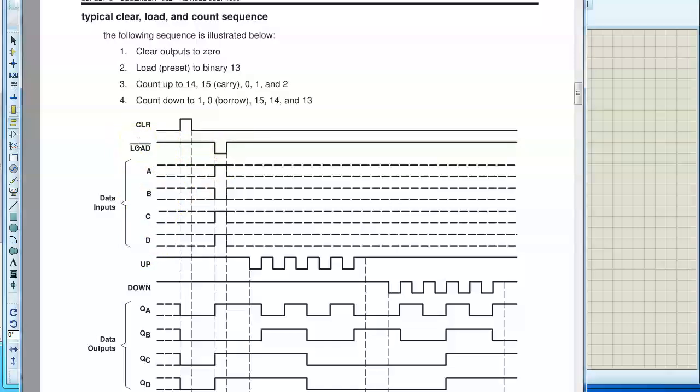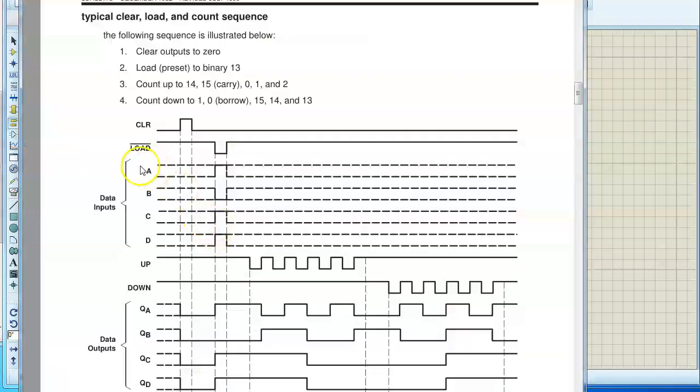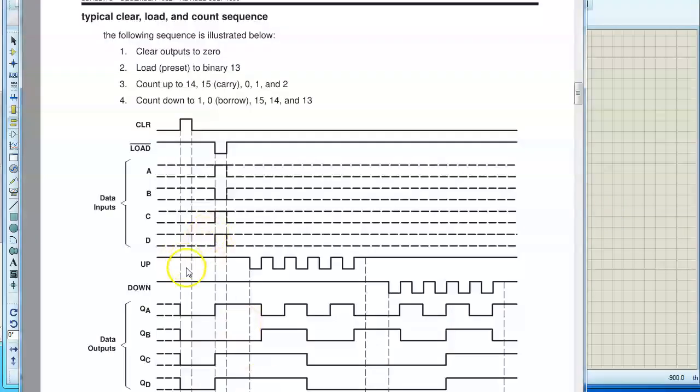This is step 1. Okay, this is an active low signal. And as you can see in this circuit here, this is load, pin number 11. So this is load. Okay, and once you load the value, you get a chance to count up or down. Again you can see here there are 2 pins, up and down.